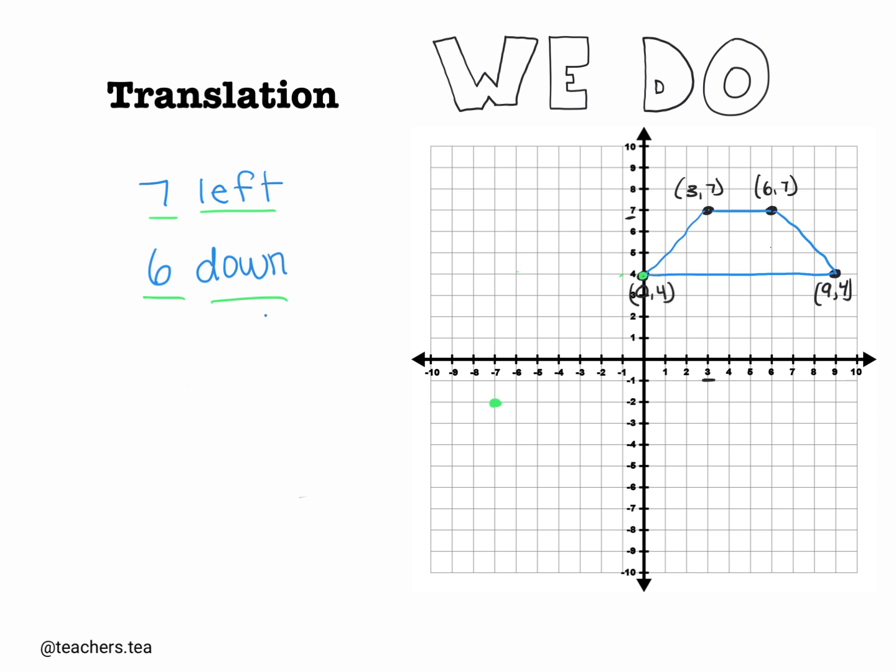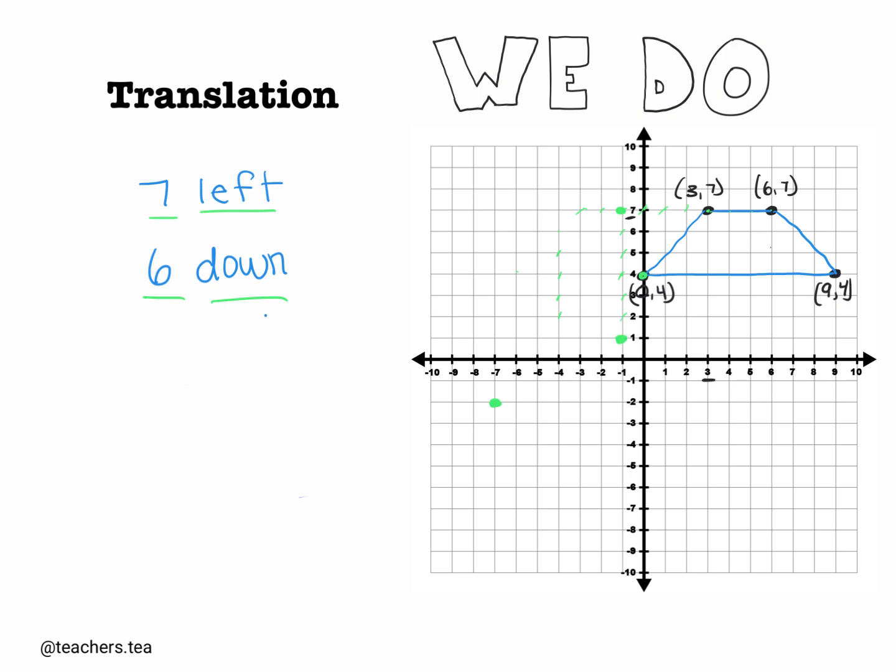Then I'm going to take the coordinate that's at 3, 7 and do the same. 1, 2, 3, 4, 5, 6, 7, and then 6 down, 1, 2, 3, 4, 5, 6. Moving on to the next coordinate, 6, 7. 1, 2, 3, 4, 5, 6. This is where 7 would be. Now I need to move down 6. 1, 2, 3, 4, 5,